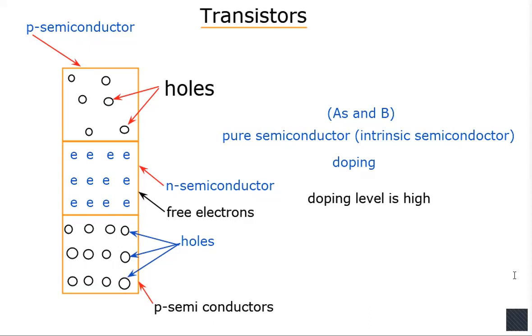Two different p semiconductors can be arranged by changing the doping level. Full stop. If such two different p semiconductors are connected